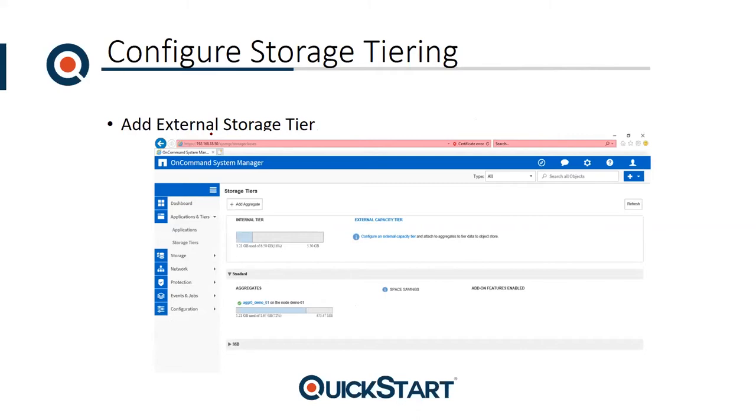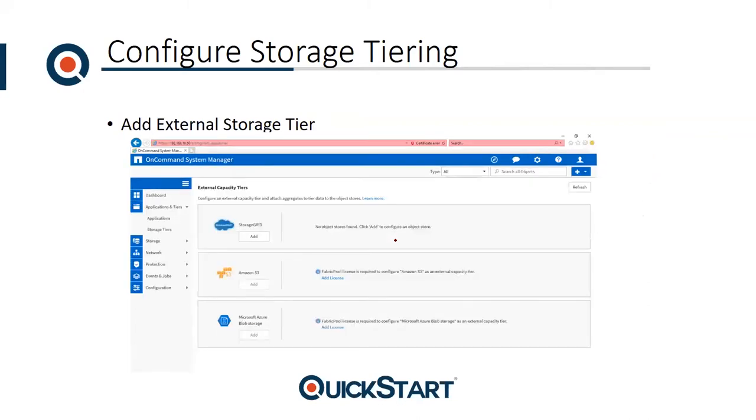So here we're seeing ONTAP 9.4's new System Manager. Always looking slick in its new design. And so we've gone underneath the application and tiers over in our navigation structure on the left-hand side. And then from there, chosen storage tiers. And there you can see like external, I have the option for this external capacity tier over on the right-hand side. So I can just click on, you know, configure an external capacity tier, and then this is what will